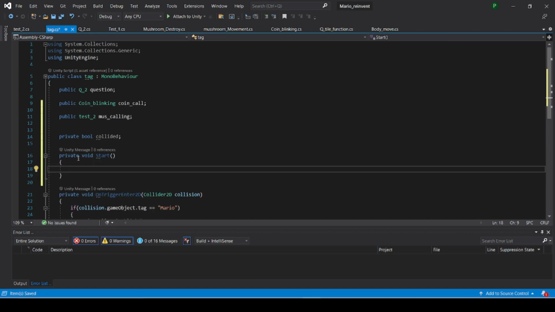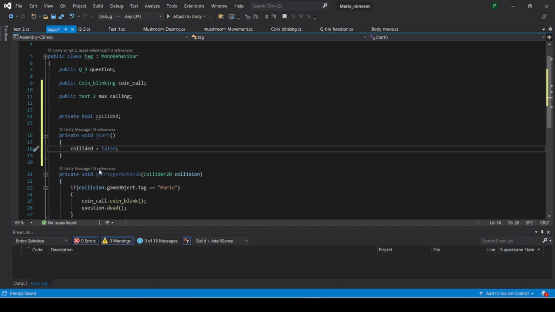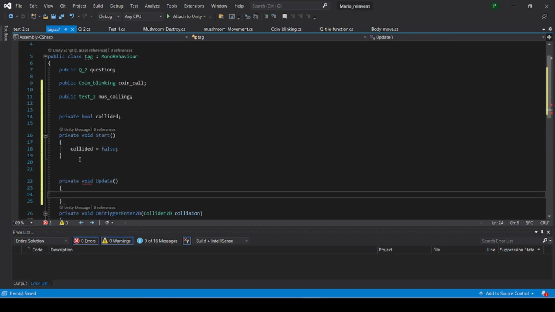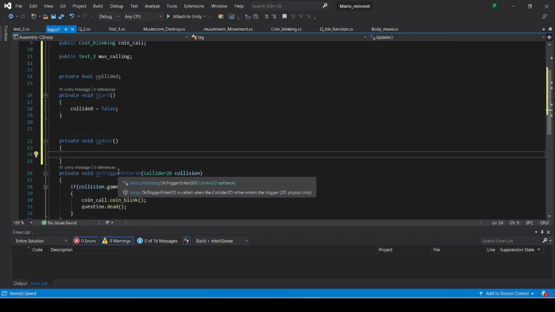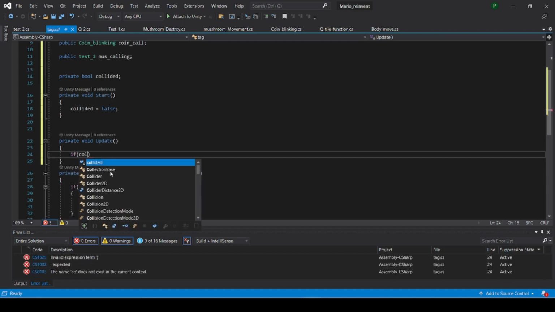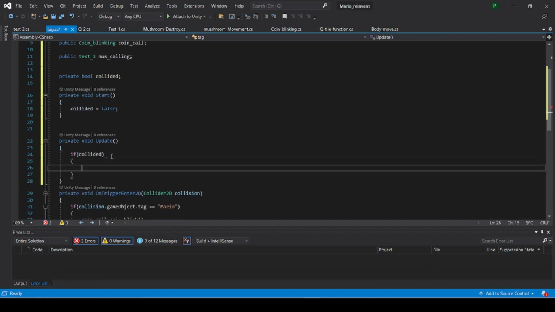Collided is initially equal to false, which means no collision occurs and no mushroom is moving right now. And we're going to use the update function, void update, and if this collision happens, then